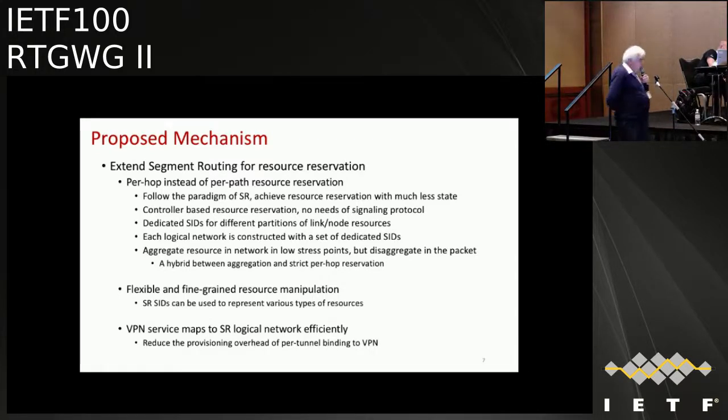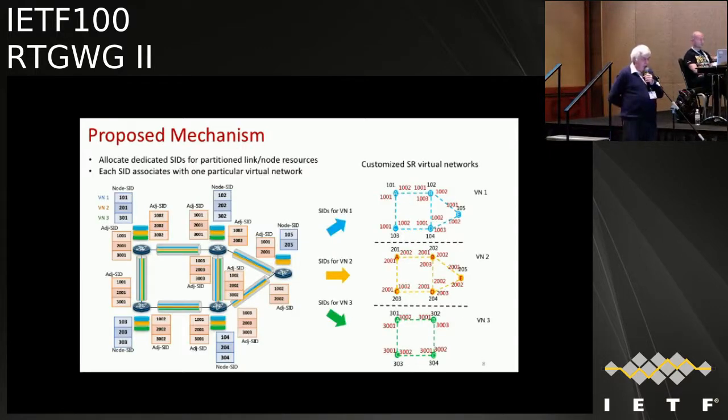We need to use a much finer grained system than we had before. So let's look at the next slide. This is the proposed mechanism. I know I've shown this before. This is showing the underlying physics. Then we carve this up into the virtual networks using SIDs and link SIDs per slice or per VPN instance, enhanced VPN instance, and then we can build VPNs, as you can see on the right, using that technology.